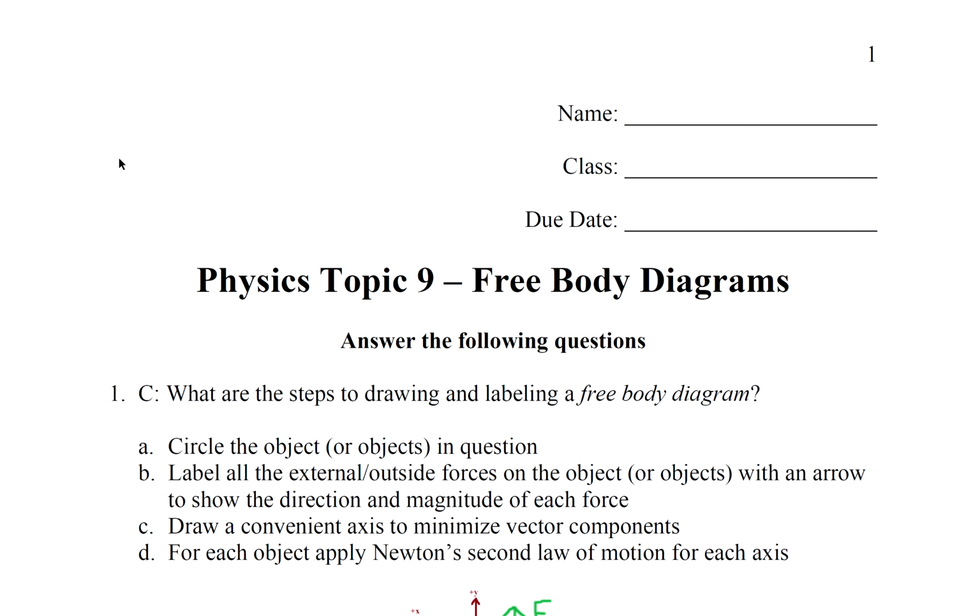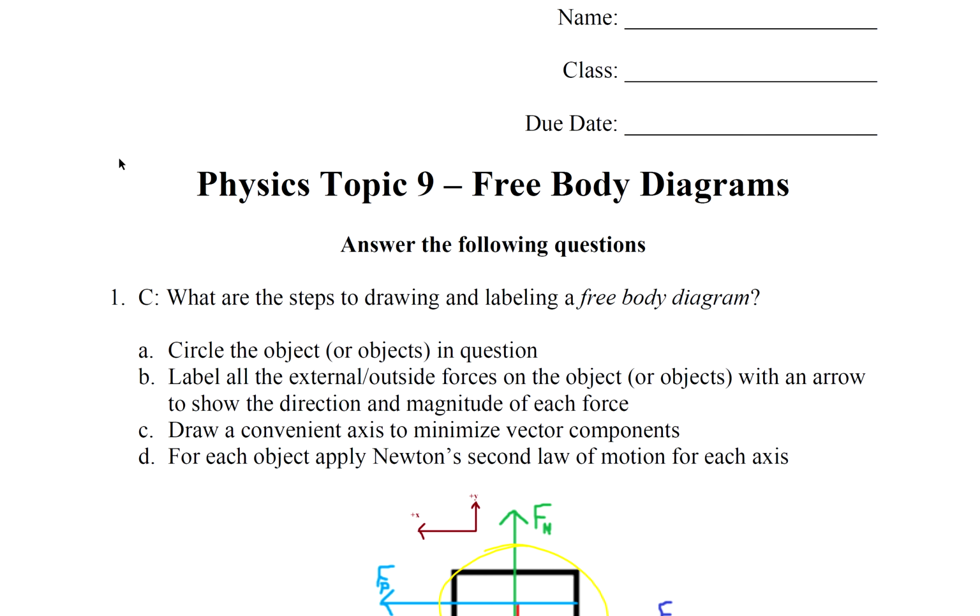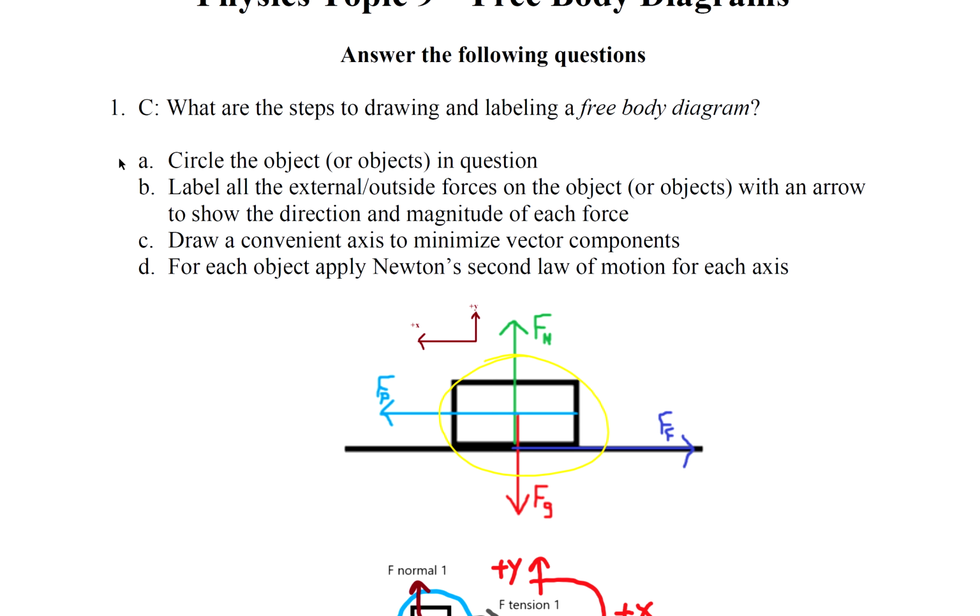This video is about free body diagrams. Question 1. What are the steps to drawing and labeling a free body diagram? So, step 1, circle the object. Step 2, label all of the external forces on the object with an arrow to show the direction and magnitude